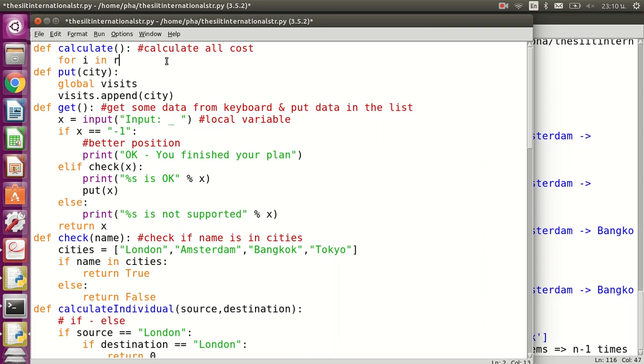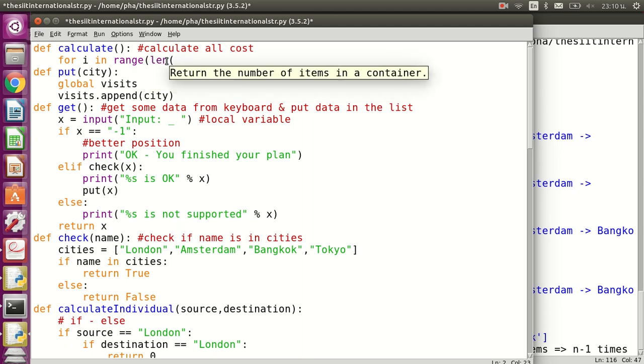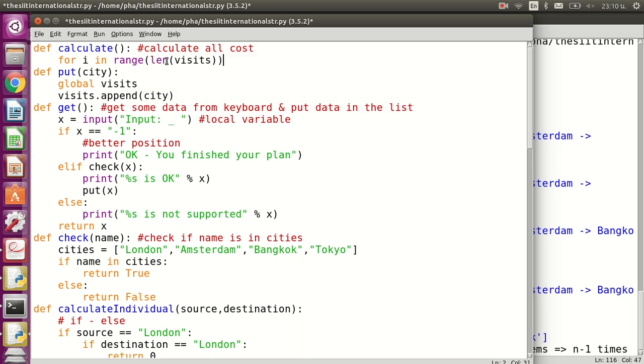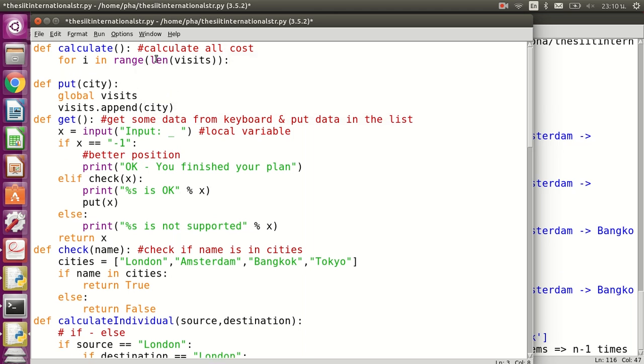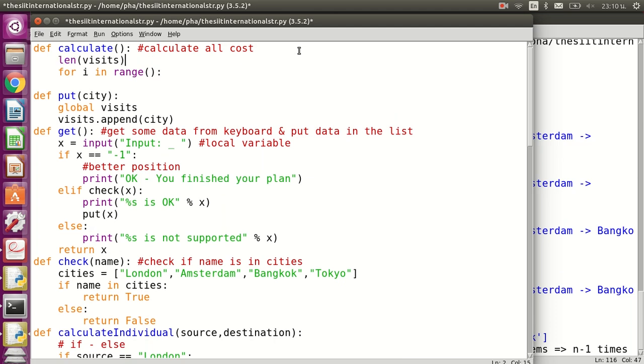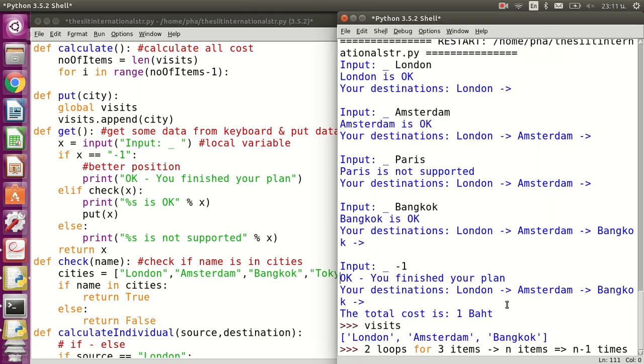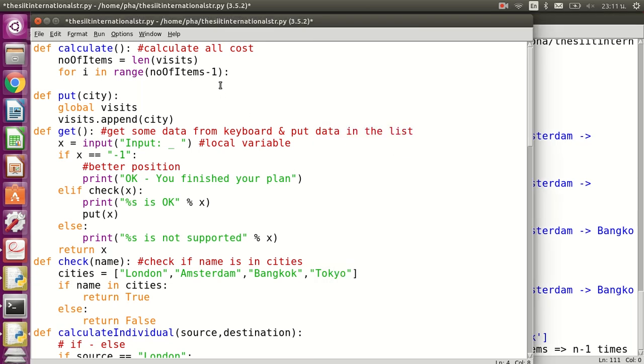And do it like for I in range the length of visits. Maybe I'll do it like this, number of items equals the length of visits, and for I in range number of items minus 1 times,